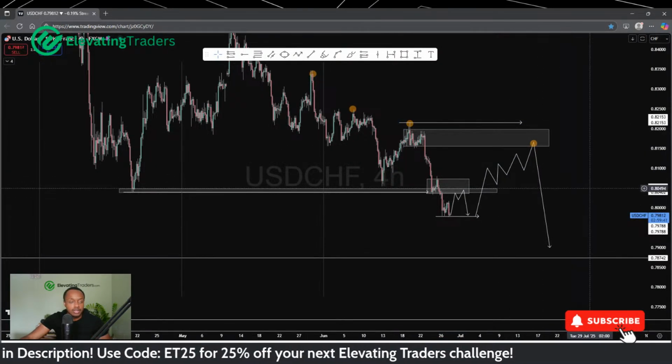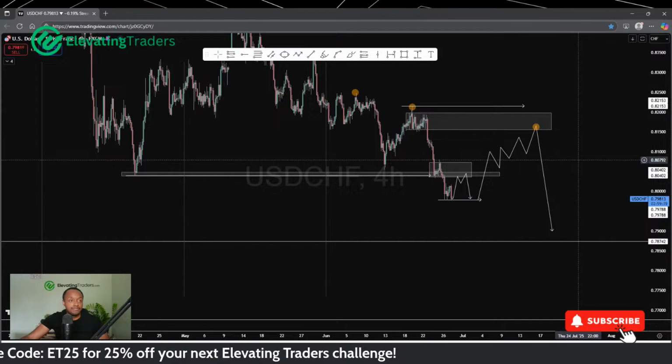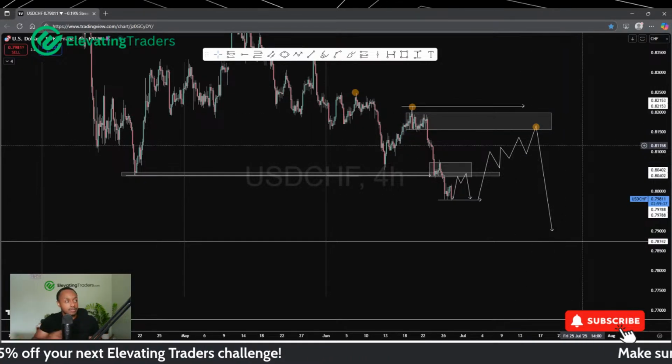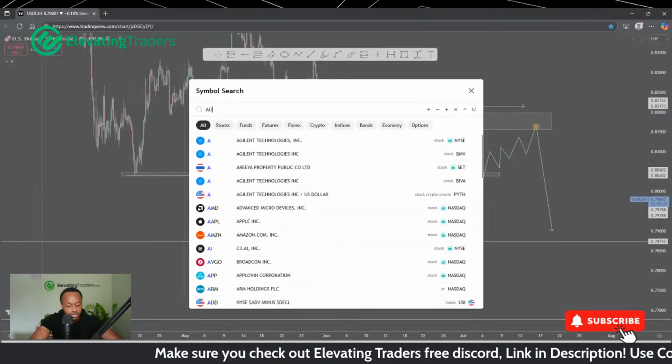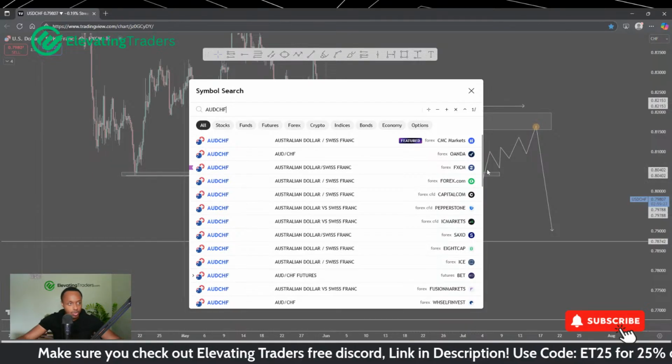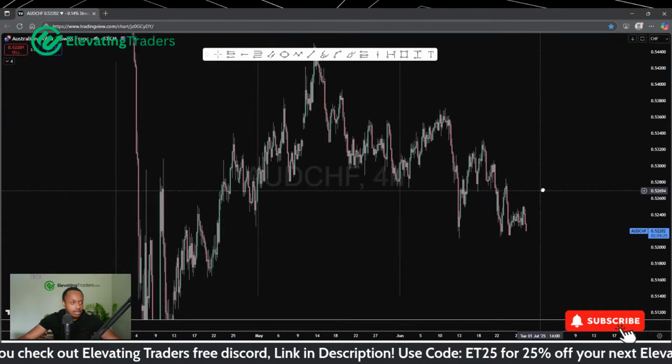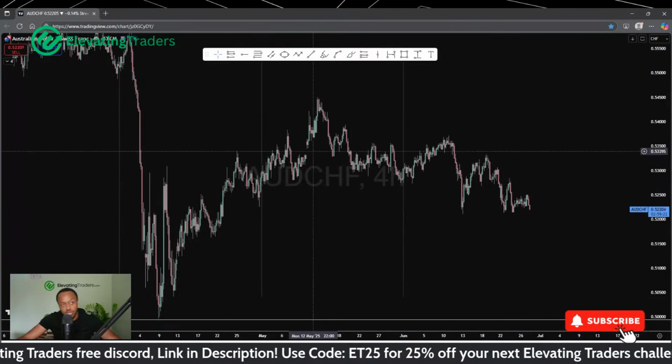But it's a very, very big if to see price get up there. But dollar CHF, I would be pretty bearish on this one. USD still looks pretty weak. CHF still looks pretty strong. I have been quite bullish on the CHF pairs, probably in the recent month. I have taken a couple buys in Aussie CHF. Both have just been break evens.